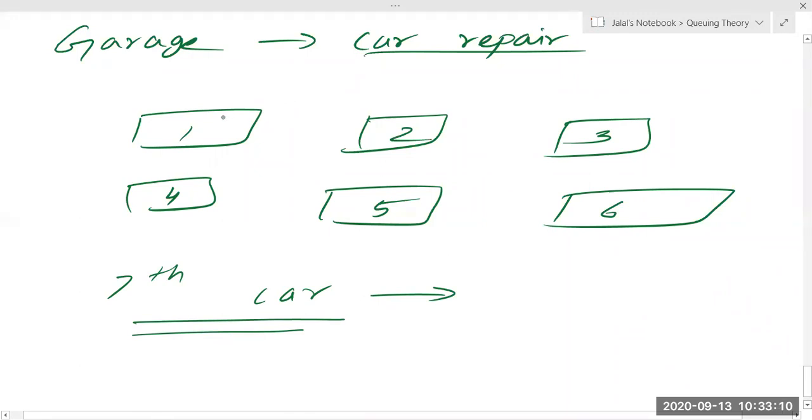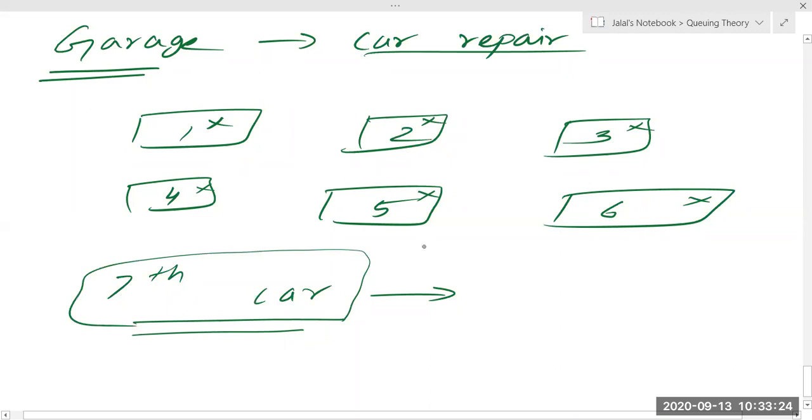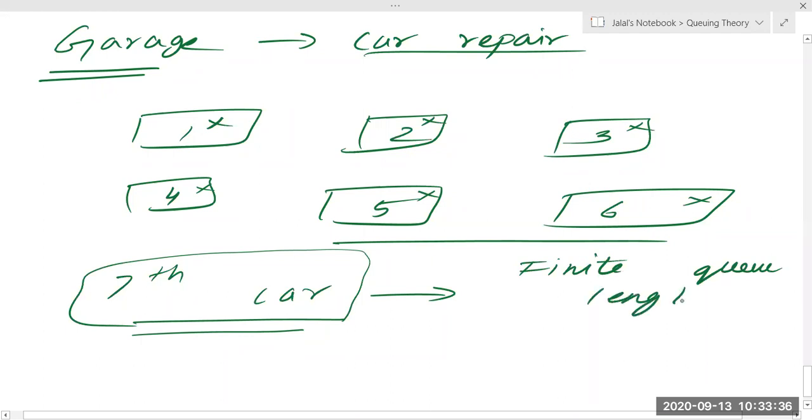All places are occupied. I am saying all the places are already filled, okay. There is no space anywhere. The garage is preoccupied with all the cars. Can you get a 7th car and park it in the garage? No, sir. This is also called finite queue length, okay. You don't have any option now. I hope you're getting it. Yes, sir. This will also be an example of finite queue length. Simple.